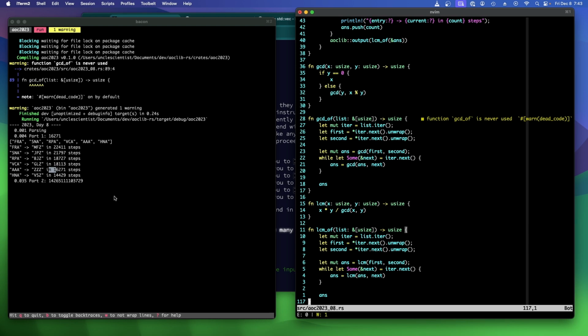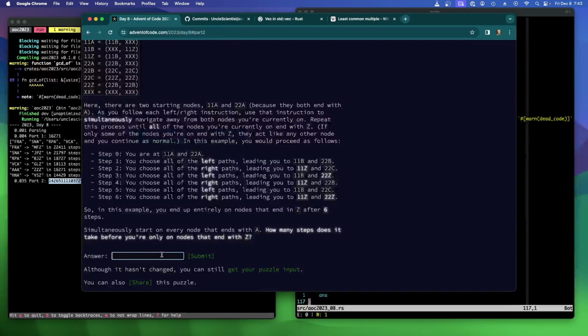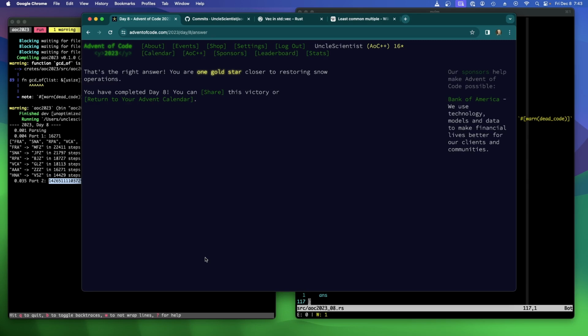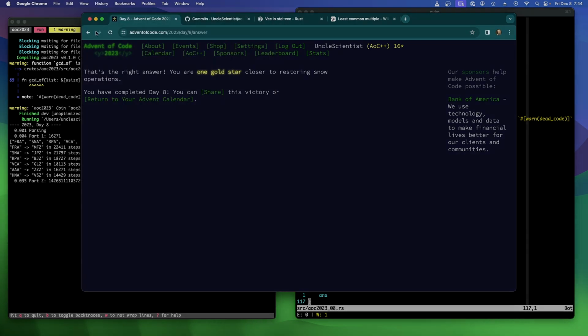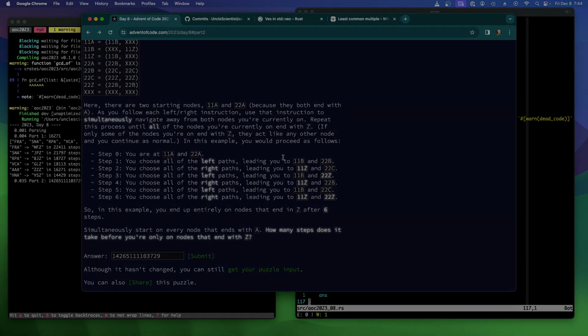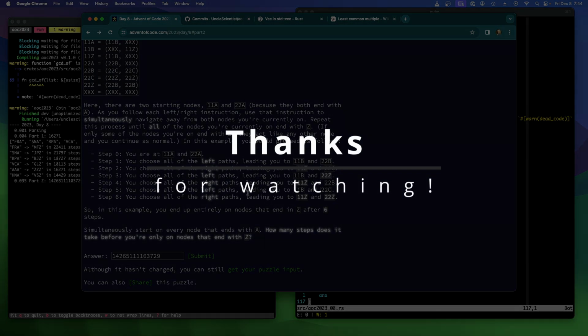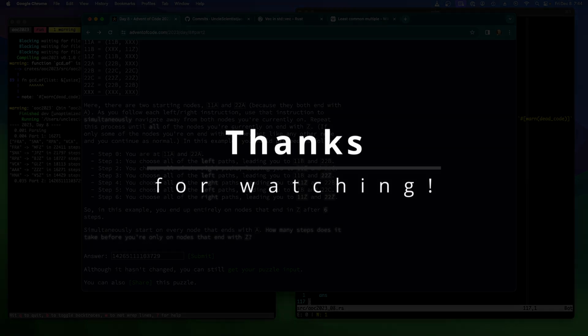I'm going to throw it in my, that's an enormous number. At least it fits in 64 bits. Yay, that's the right answer. Okay, so my initial worry was that the cycle wouldn't repeat the same length, but I guess it does. Because once you hit MFZ, you got to, right? Because that's what it was saying, is that they all have to end up in the same paths at the same time until they all end in